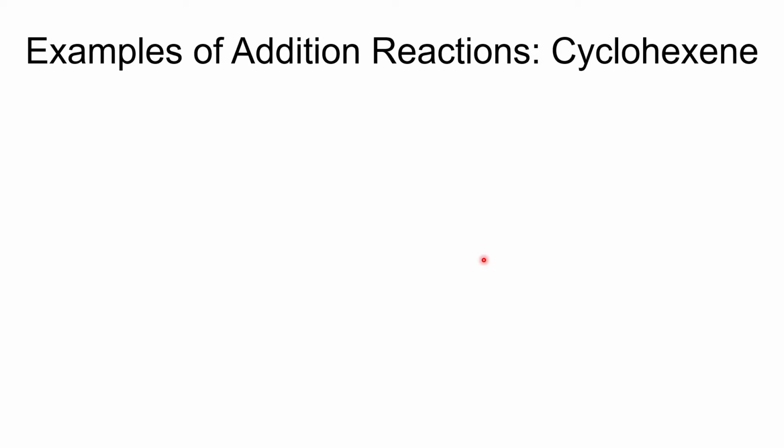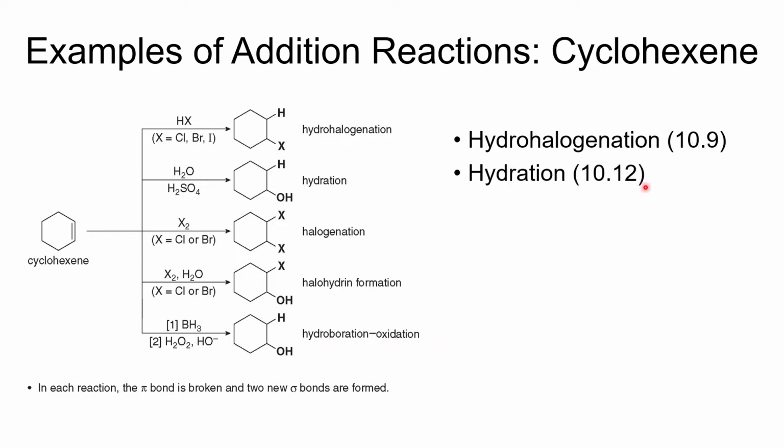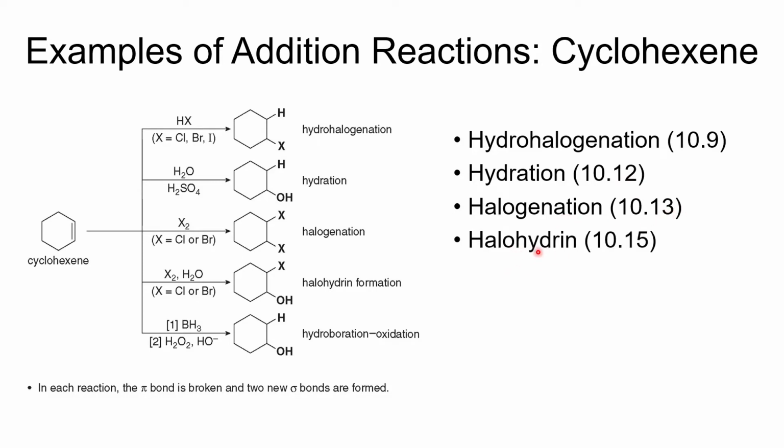All right, here I've got a few examples of addition reactions with cyclohexene as the common example. And we've got hydrohalogenation, hydration, halogenation, halohydrin formation, and then hydroboration-oxidation. So the hydrohalogenation you'll see coming up in section 10.9, hydration in 10.12, halogenation in 10.13, and halohydrin in 10.15, and hydroboration-oxidation in section